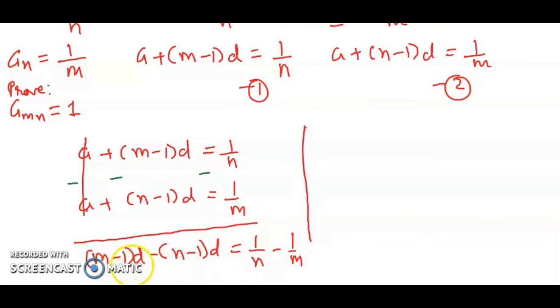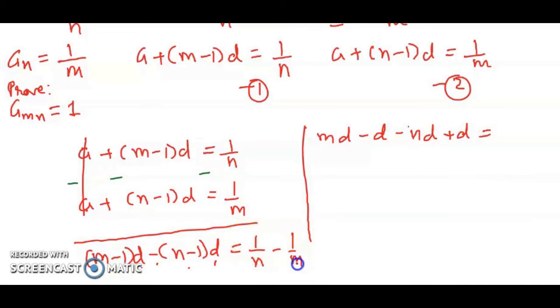If you further simplify it, multiply this d into the bracket, then we will get md minus d, minus this d will multiply into the bracket, so it becomes nd, and here minus minus becomes plus d, equal to,